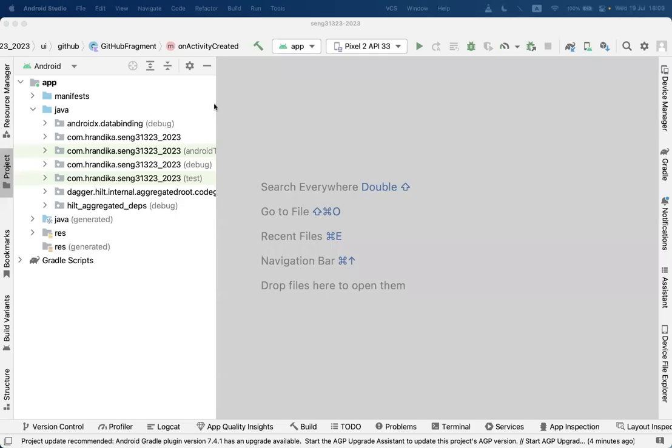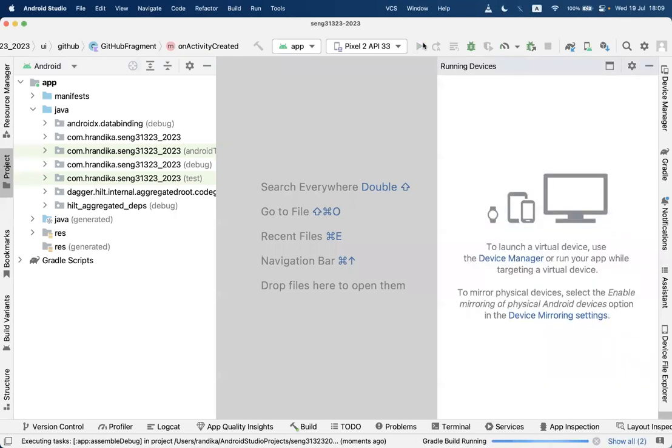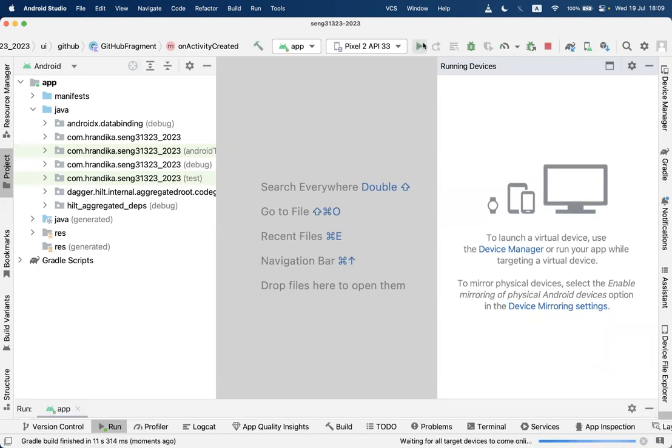Okay, first of all, let me explain what we have done so far. It's a simple application that we have created in order to demonstrate the power of MVVM. Sorry, first we created the view and view model in the first lecture. Then in the second lecture, we introduced the model to this section. So by doing that, what we have done,